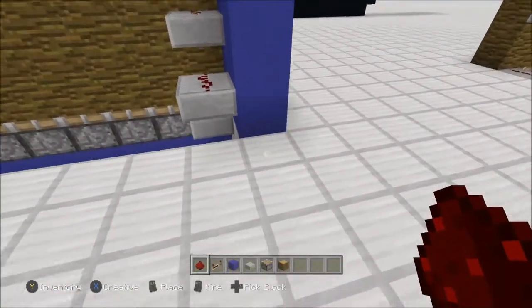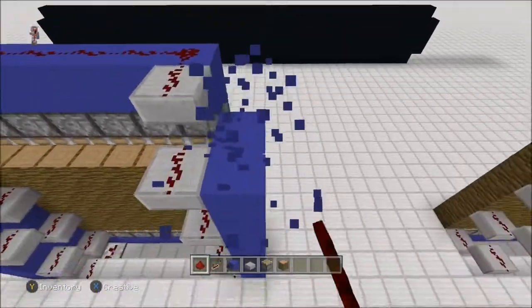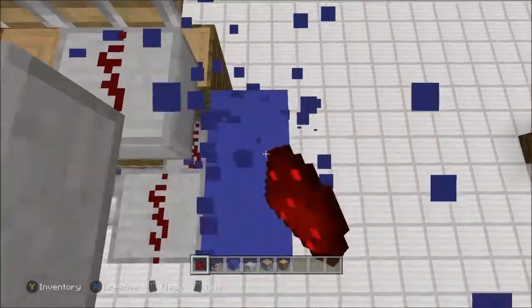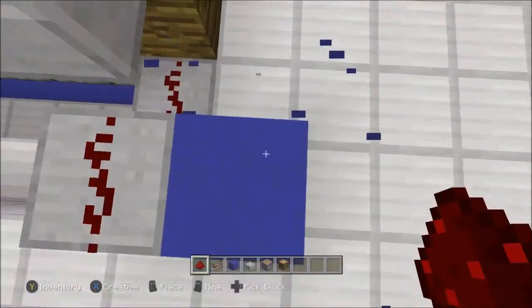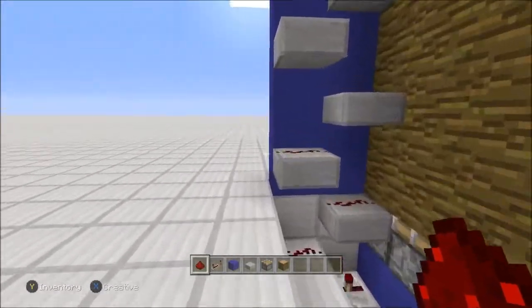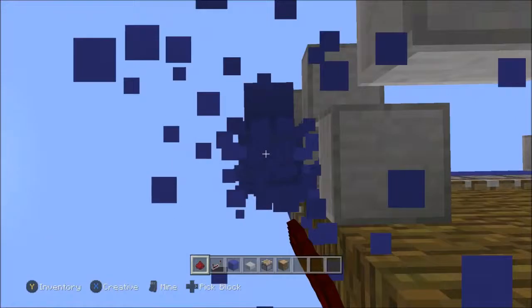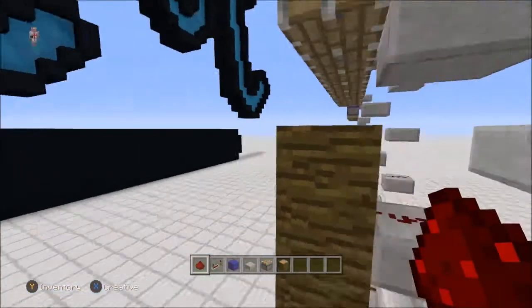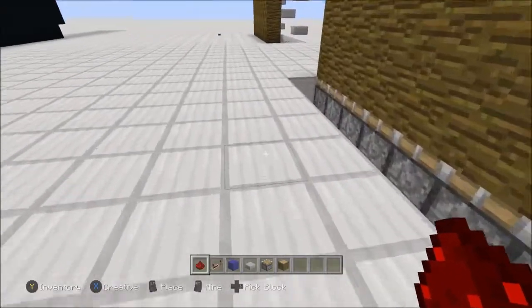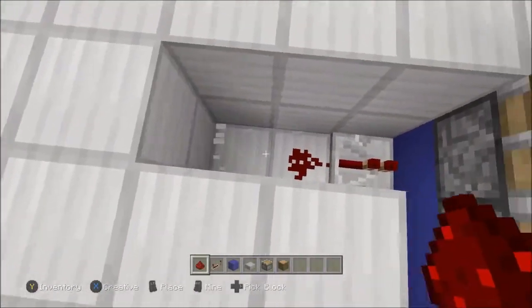And then that is pretty much it, apart from adding in the 1 tick pulse generator. Of course, this will only work with a 1 tick pulse. So let's just get rid of our scaffolding blocks. Now, the way that I've been doing the 1-tick pulse generator is if you just break a couple of blocks